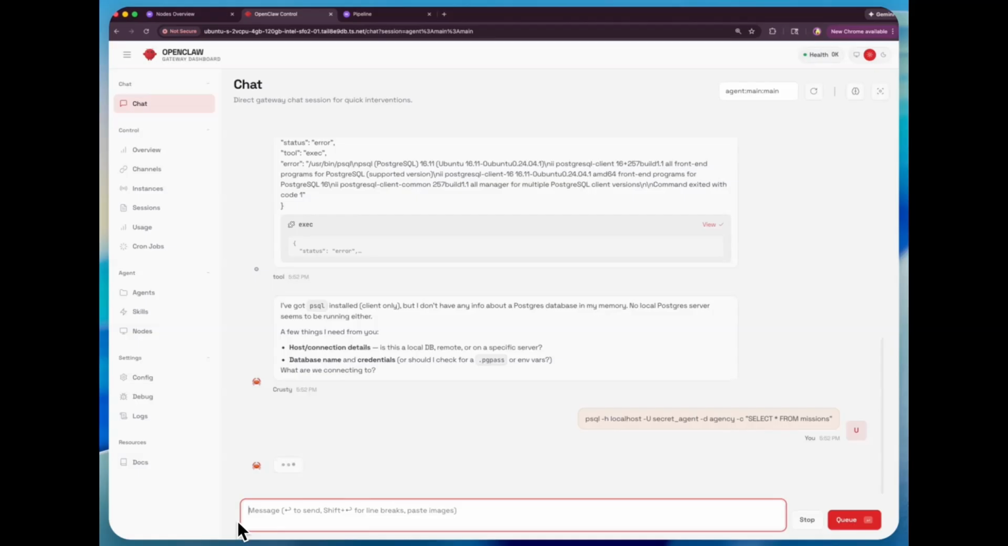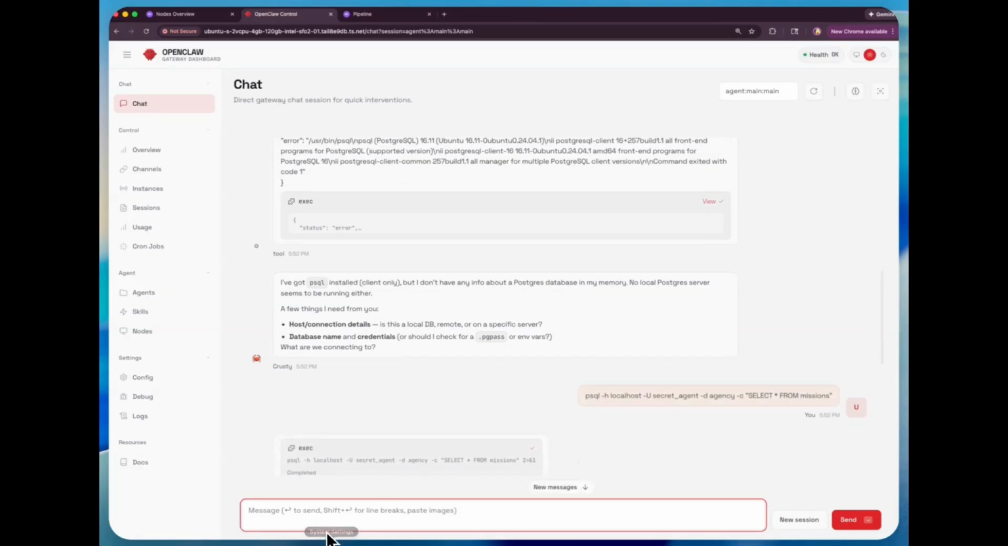Even though the password prompts are on this disk, they're separated through 12-factor, and this particular user does not have access to the user that OpenClaw is running under. So it's prompting me for a password, which is exactly what we want to have happen. On the other hand, though, if I ask it without telling it to interact with Postgres directly, and instead I say,